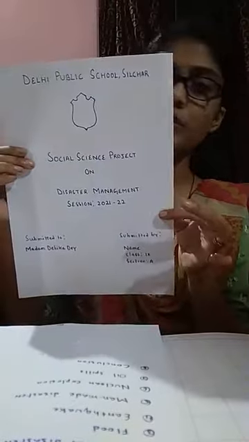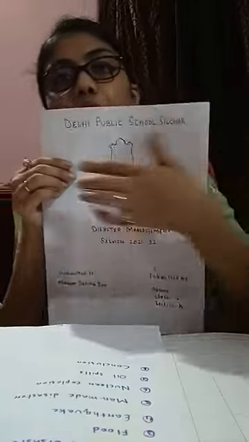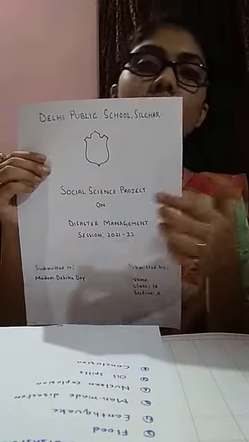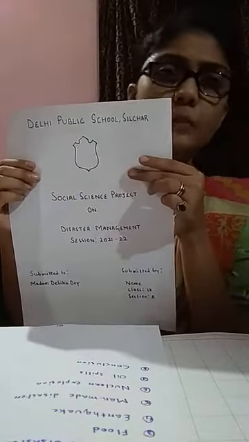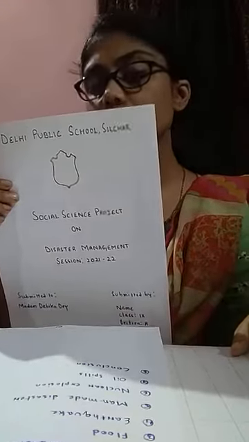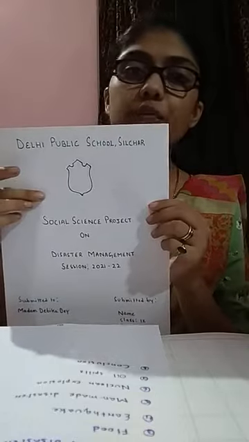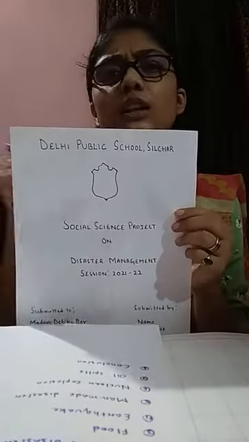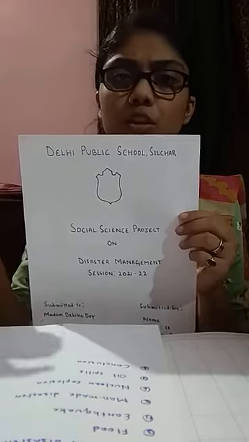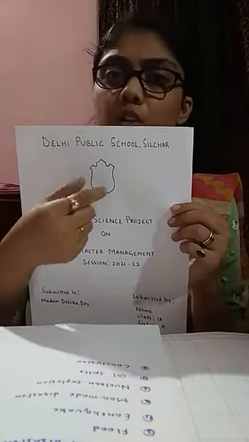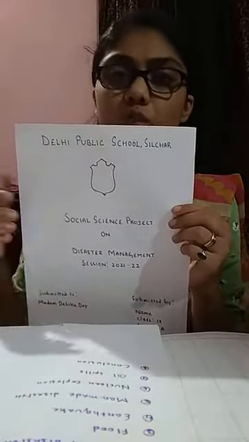Now, talking about the project, I have prepared the cover page for you. So this is exactly how the cover page should look. You have to write the name of the school. First of all, you have to write Delhi Public School like that. After that, you have to make the logo. If you want, you can go for printouts, but I'll suggest you do it yourself. For the logo, you can get it from any official document, take a printout and paste it over here, or you can draw it yourself.